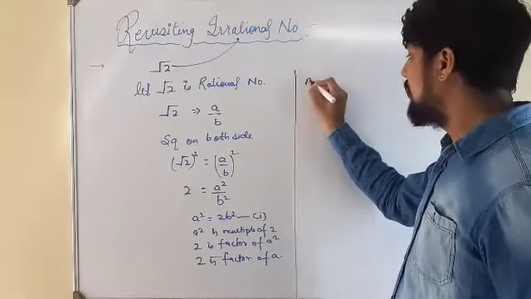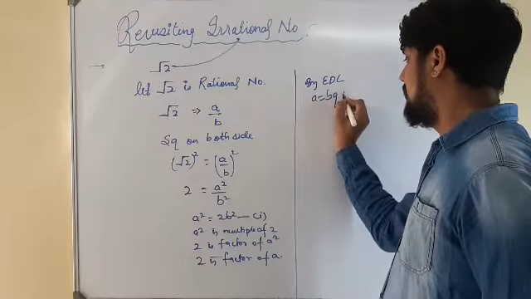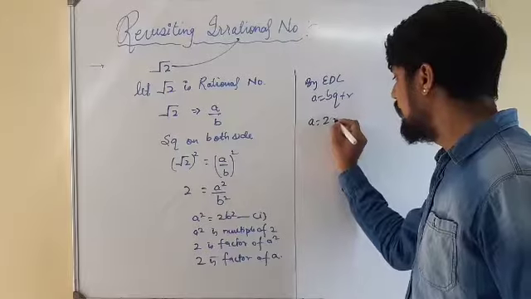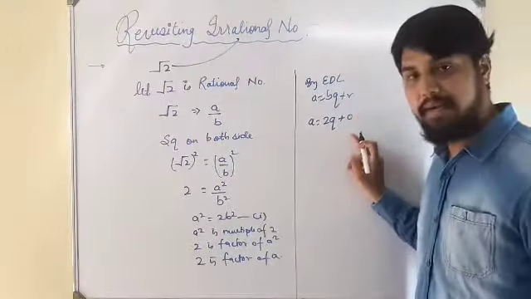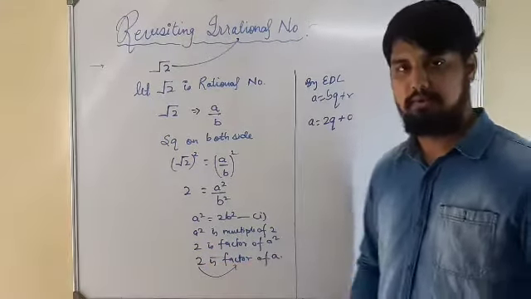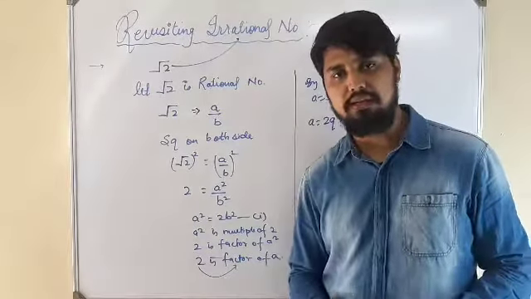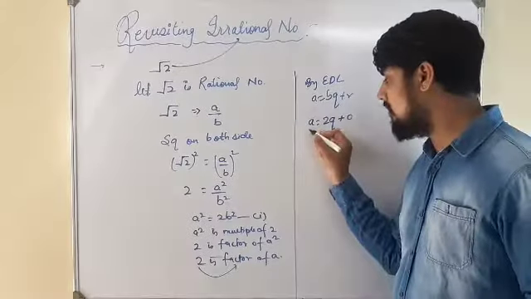So when we apply the Euclid division lemma here, that is a is equals to bq plus r. So now we are going to divide a by 2, we are going to get some quotient and our remainder will be 0. Now how is the remainder 0? Because we have told here that 2 is a factor, and whenever any number is a factor of another number, in that case the remainder is always 0. So a is equals to 2c. Now I got the value of a.